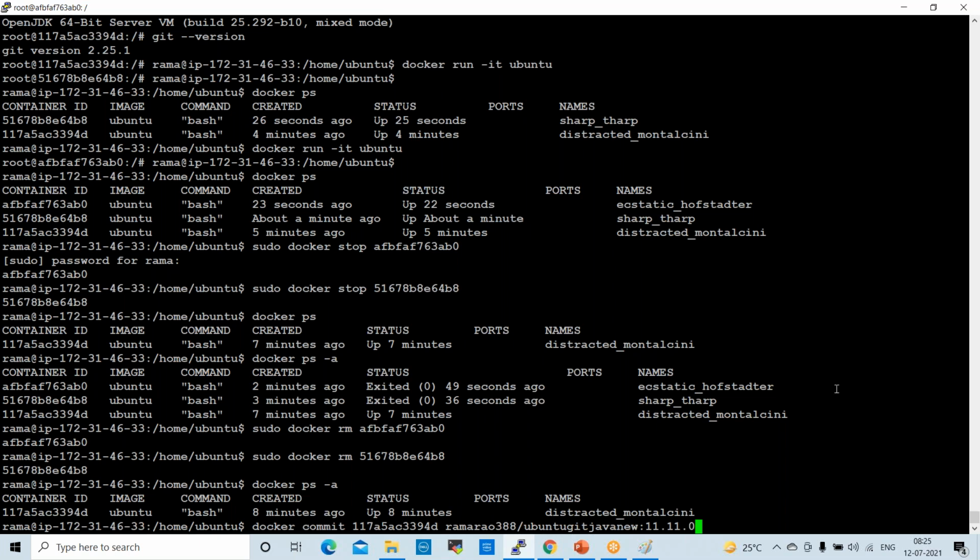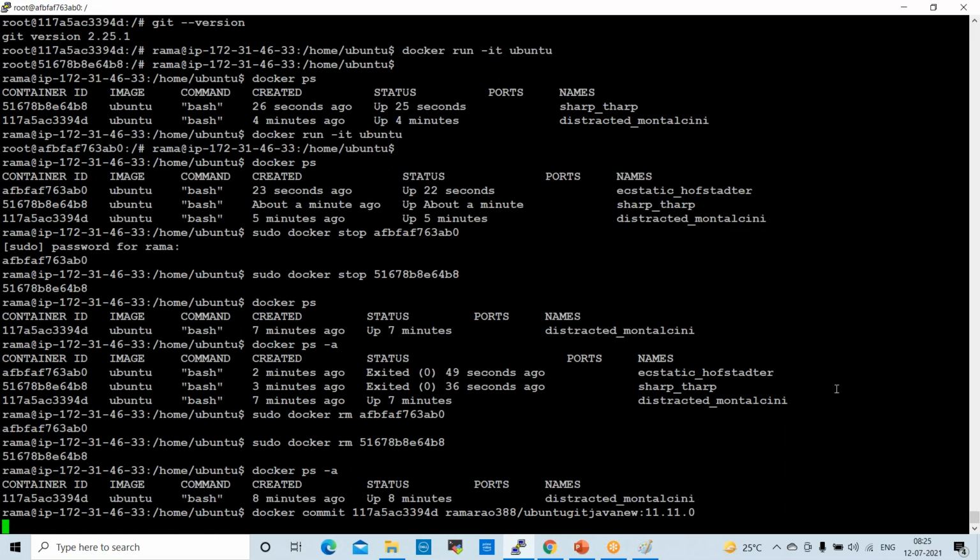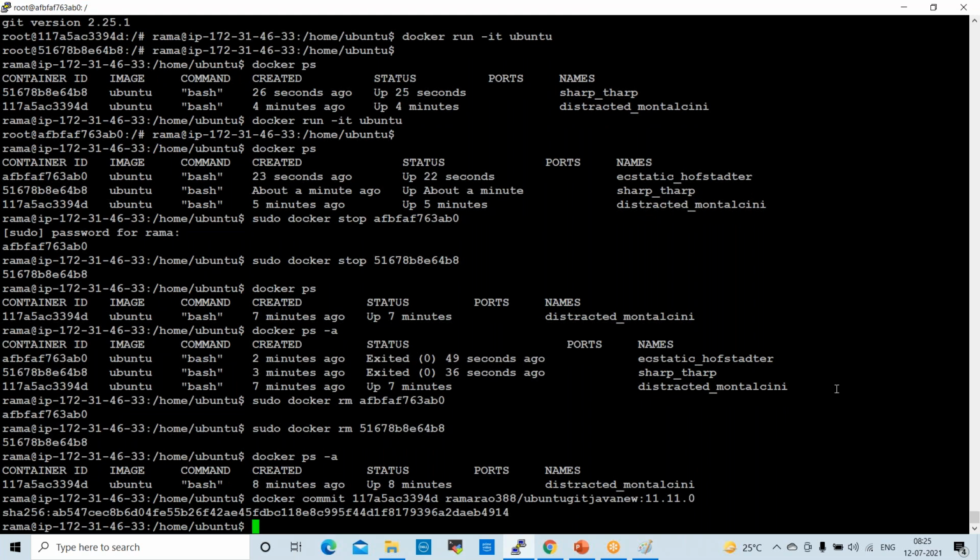Enter. I'm converting the container into an image. Now it is converting. Yes, so here one SHA code is generated.